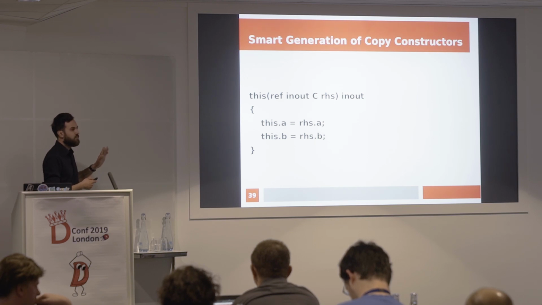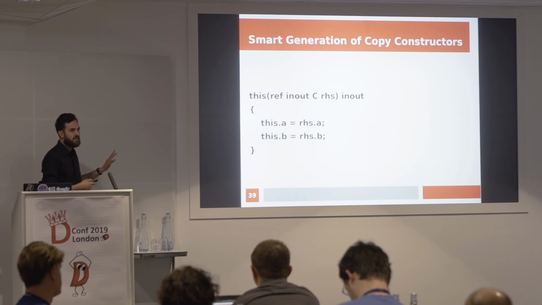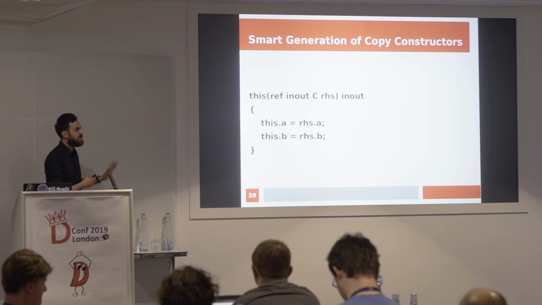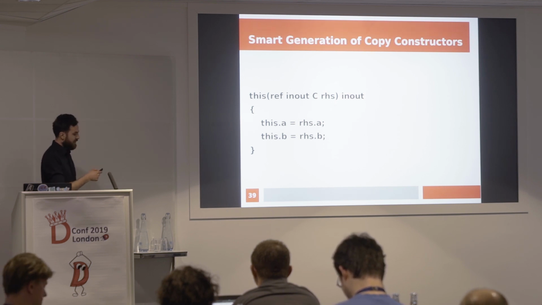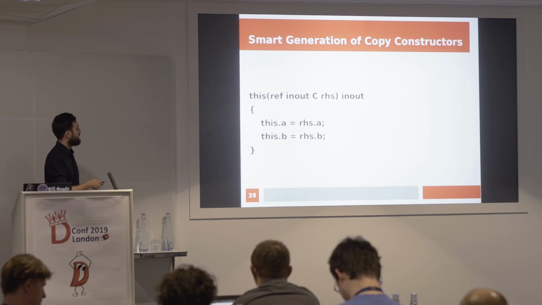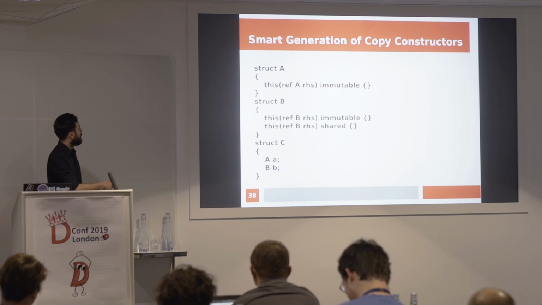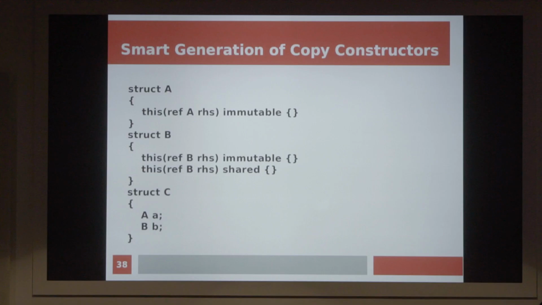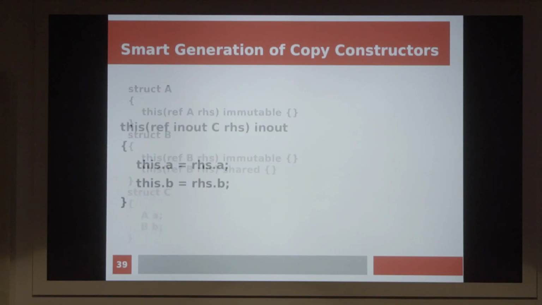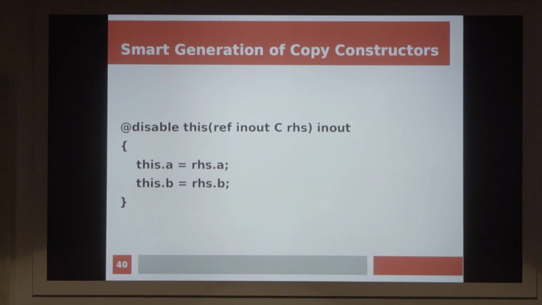It's not entirely true that it is going to be generated like this, but for all intents and purposes, it is something similar. Now, what we can see over here is that this is going to fail to type check, and this is going to fail to type check because both A and B do not have an in-out copy constructor. So the compiler is going to annotate this with disable, and basically it says we don't know how to